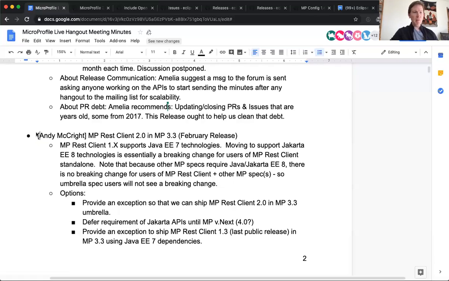Are we confusing implementation detail with specification level detail? Yeah. I think what Andy brought up is like